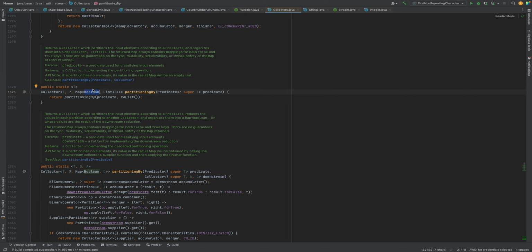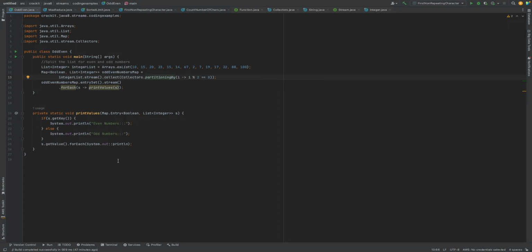So it will return me true and false, and the corresponding elements of true and the corresponding elements of false. So let's see how it looks. This method will return me a map with true as key and values as 10, 20, 14 and all the